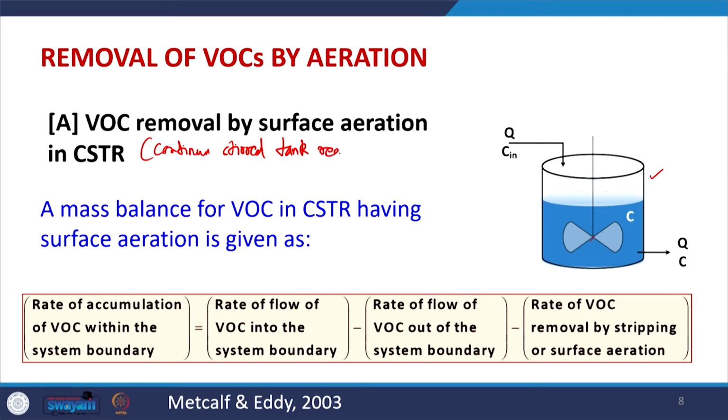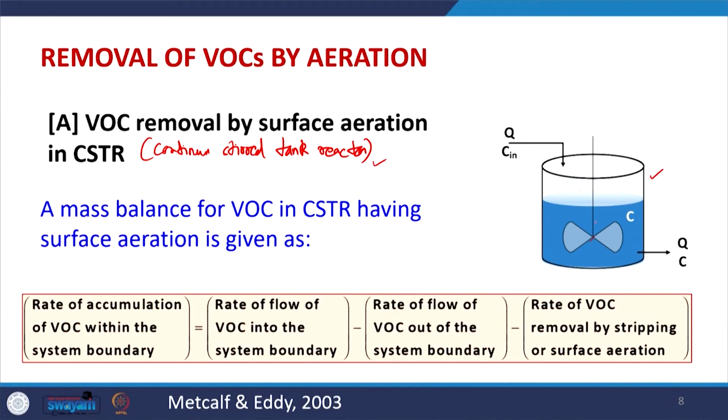There are 2-3 ways in which mixing is presumed in any type of reactor, and this is well taught in the chemical engineering discipline. One of them is called CSTR, another is called plug flow reactor. There are other types of mixing regimes possible. So, we are presuming that everything is getting mixed well inside this reactor. Now, the water which we have to treat is getting generated at a flow rate of Q.